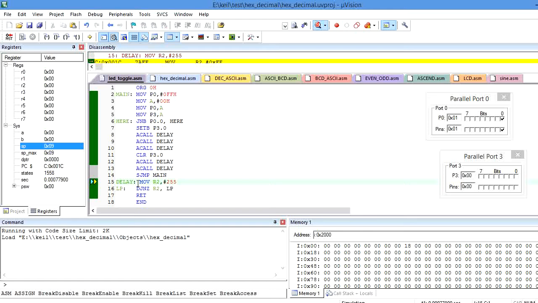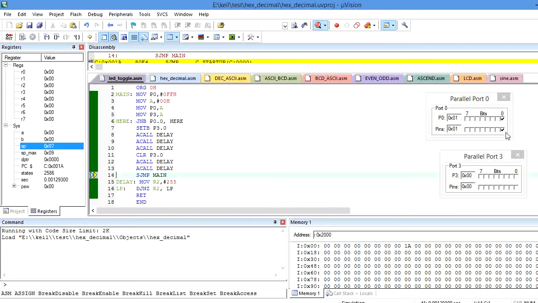So in order to execute the delay function, I am going to use the step out function. Again, the second time I call the delay function, again I use step out, so that the main function keeps monitoring for an infinite number of times whether the dip switch connected to pin 0 of port 0